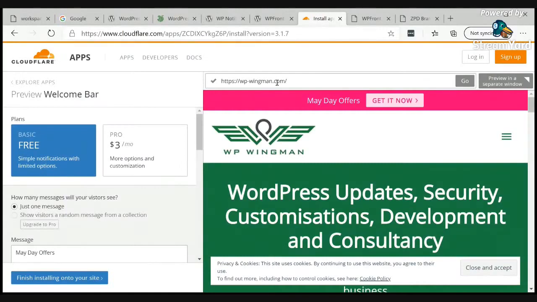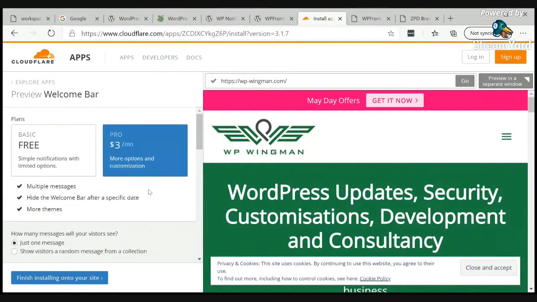Now, Cloudflare, I did mention they had a paid version. So it's $3 a month for the Pro one, and it basically gives you more customization. It allows you to have multiple messages, all the different admin bars. It allows you to hide it after a specific date and allows you to have more themes. I'm not quite sure what that means by more themes. I haven't played around with the Pro version,